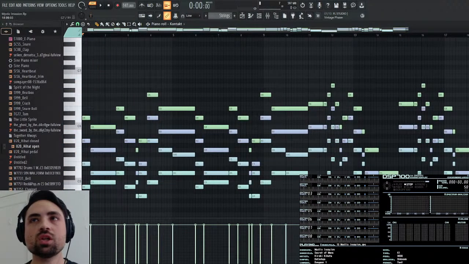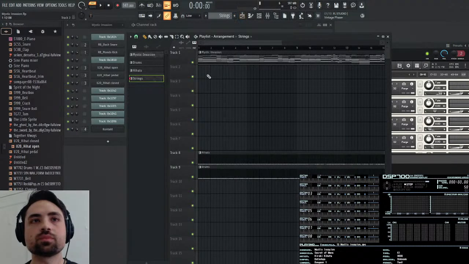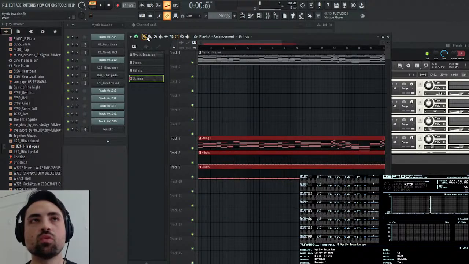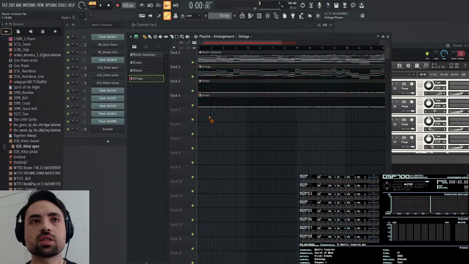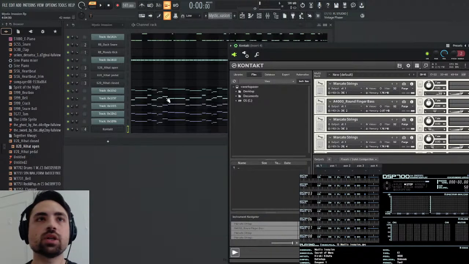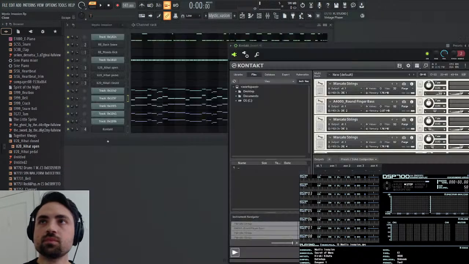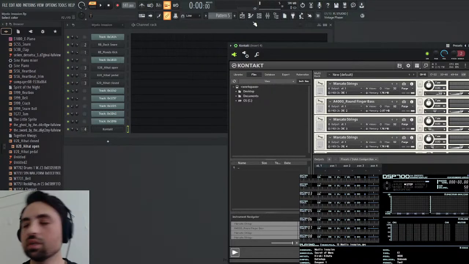Nice. Okay, that sounds good. So, and they're all panned, right? So now I just need to throw that up in the browser, and I'm going to select all these and move them up to the top because the bass is going to go under here. So now I go and select the bass channel, copy, and then I'm going to go find first empty and call it bass.